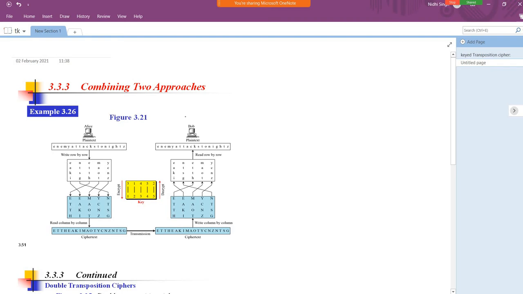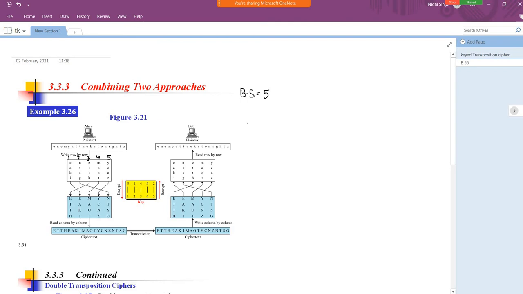Because the block size is fixed, that is 5 in this example, you have 5 columns, and you have to write it row by row. After the writing, you have to permute the characters. In order to do the permutation, you need one key. That is the key process. The same key we have used for better understanding: 31452 is your encryption key.